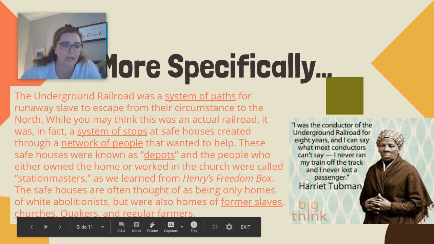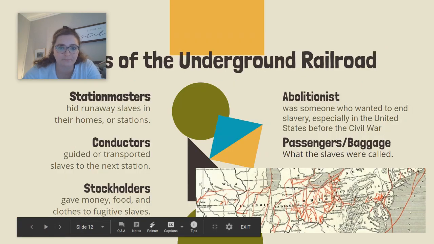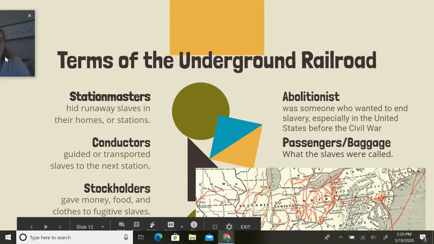So she's using a metaphor there to talk about how she never lost a single person that she helped transport to safety, which is pretty amazing. All right, so some more